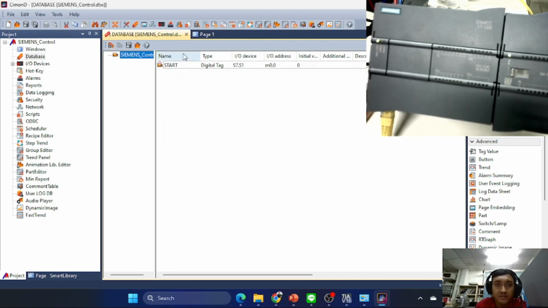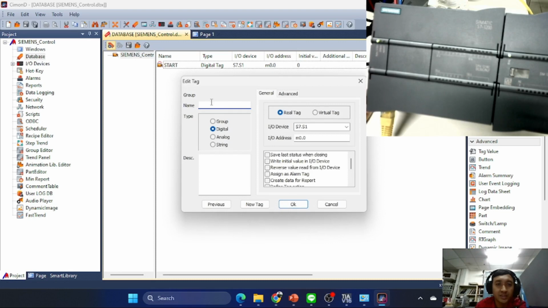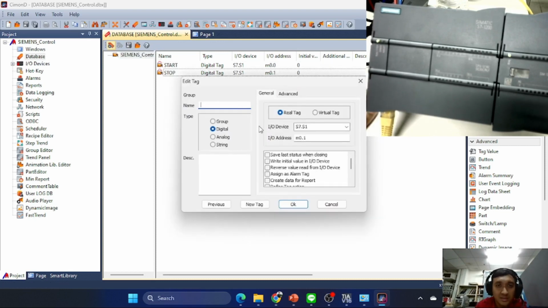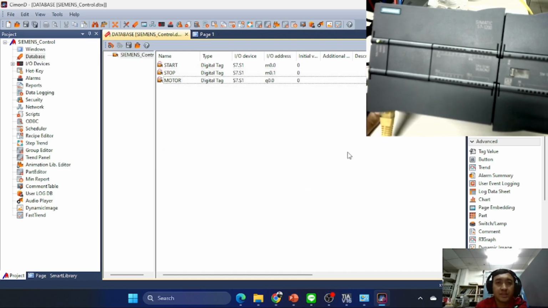Okay, and the second is stop, M01, and the last is motor, Q00. Okay, the tags are finished.